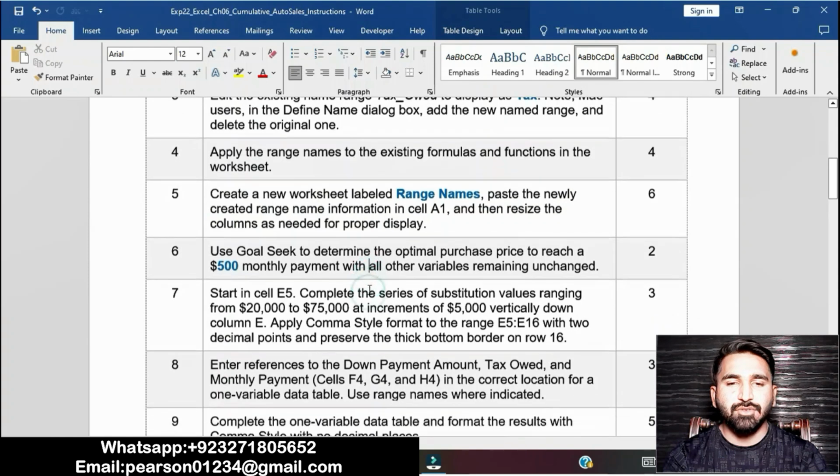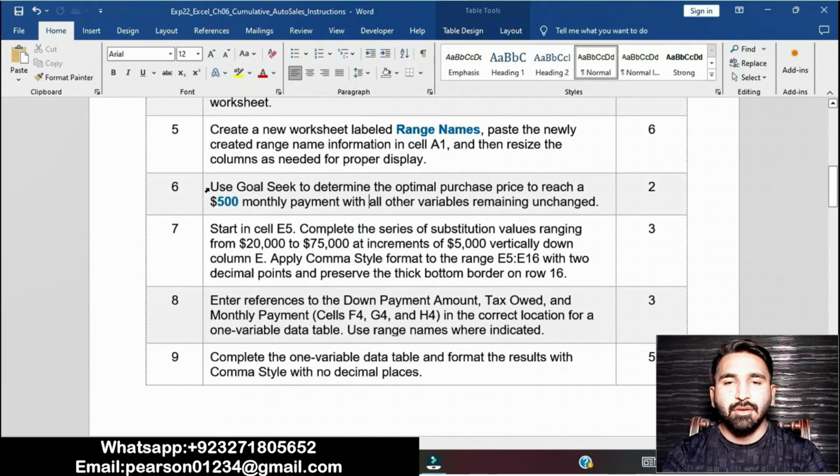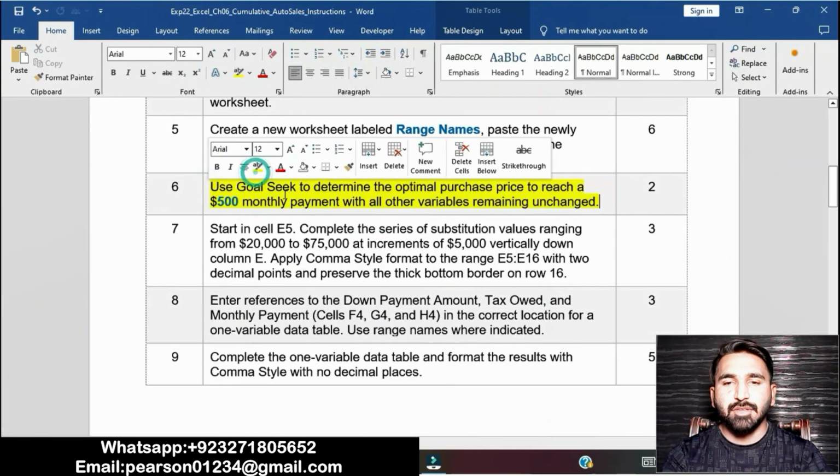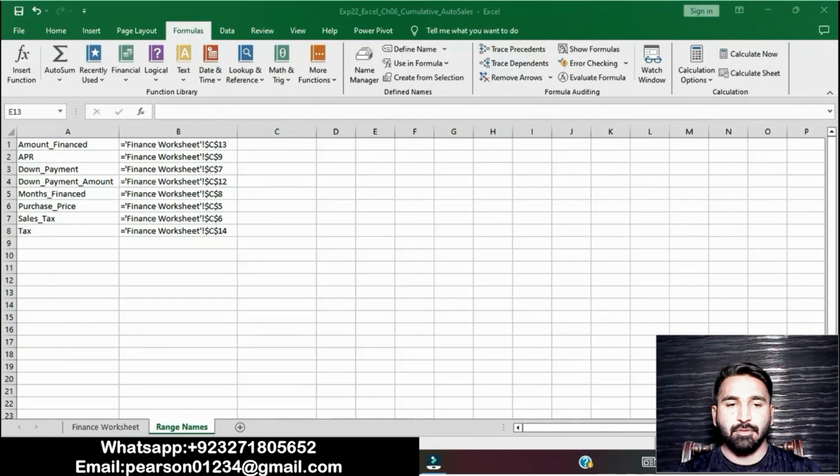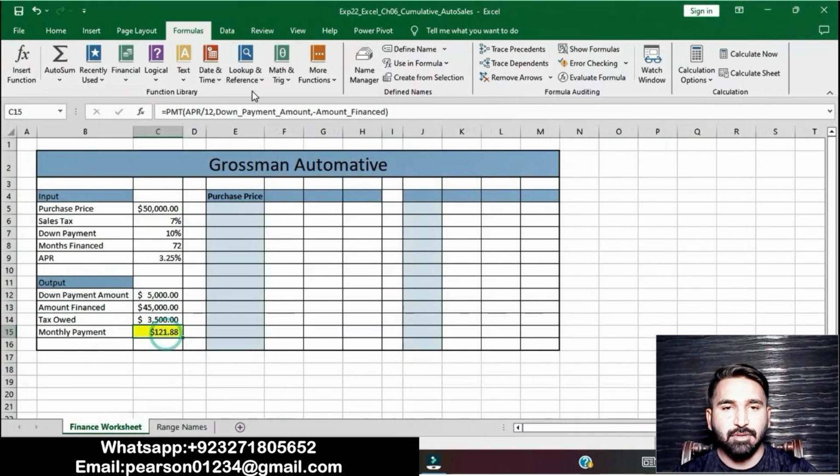The next step is to use Goal Seek to determine the optimal purchase price to reach a $500 monthly payment with all other variables remaining unchanged. Okay, basically in this step we will apply Goal Seek. Okay, Finance worksheet.